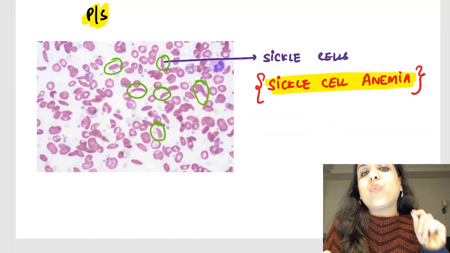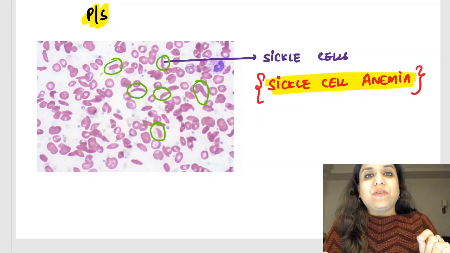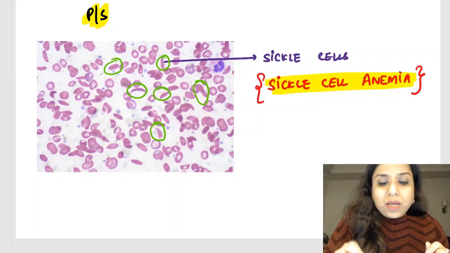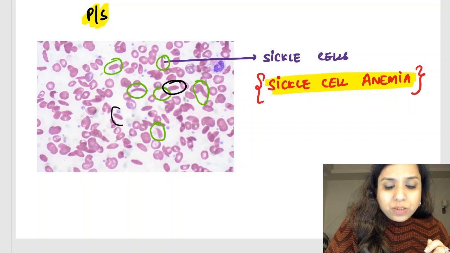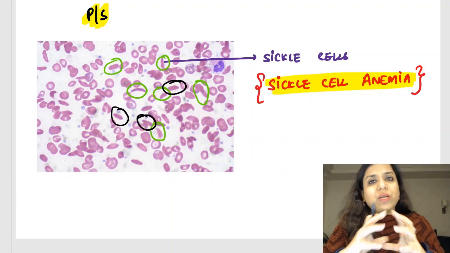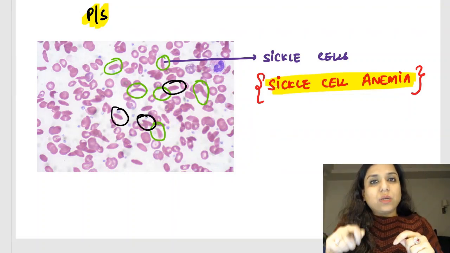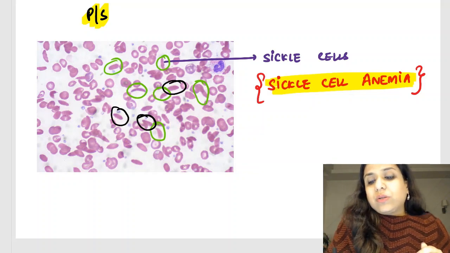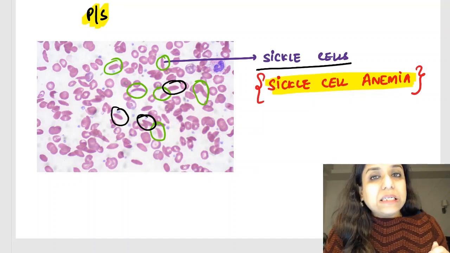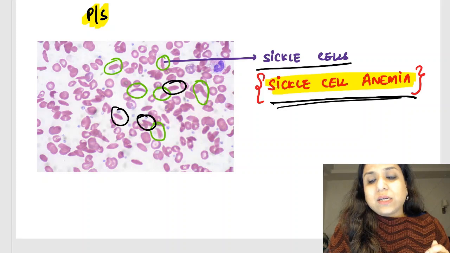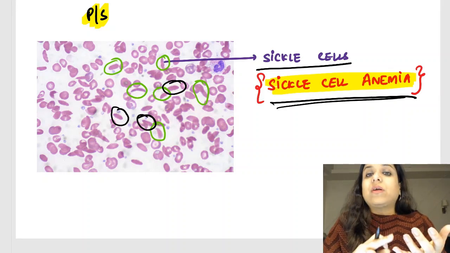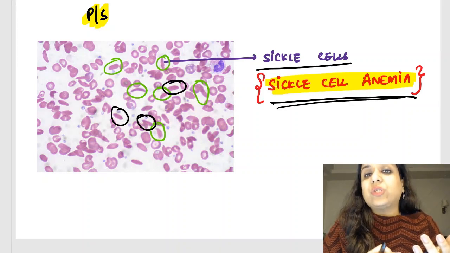Very easy. I feel this is one of the simplest peripheral smear findings which you see. Can you people appreciate these cells, students? These ones. Don't you think they look like a sickle? The sickle which the people use. So that is why these cells are called the sickle cells and they are seen in sickle cell anemia. So there can be a history of a child with jaundice,